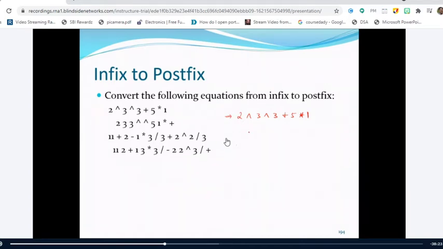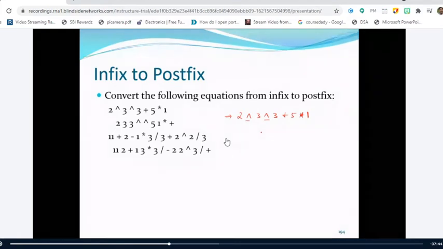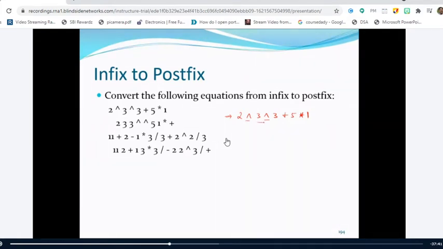Can anybody tell me what is the solution for this one? So what operator has the highest precedence? Exponentiation. Right. So we have to solve the exponentiation sub-expression first. But the problem here is we have two exponentiation operators. Therefore, they have equal priority, so we have to go for the concept of associativity. According to the associativity rule, the exponentiation operators are right to left associative. So which expression do we have to solve first? Is it 2 cap 3 or 3 cap 3? 3 cap 3. You have to solve 3 cap 3, right?